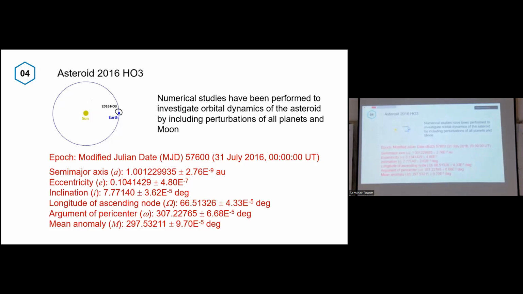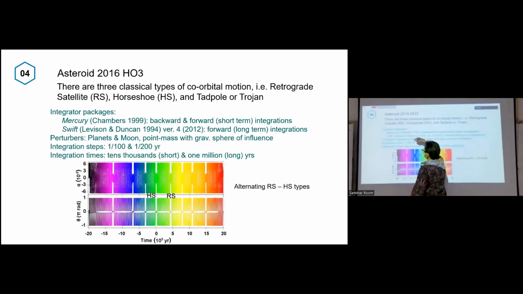And for HS, like this. So it's a kind of alternating retrograde and horseshoe types. It is an example of what we can know, what we can get as a result. For example, another one,